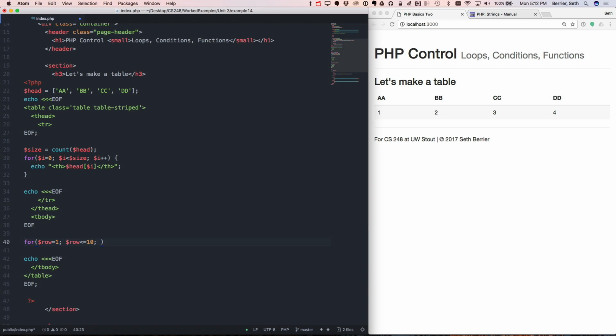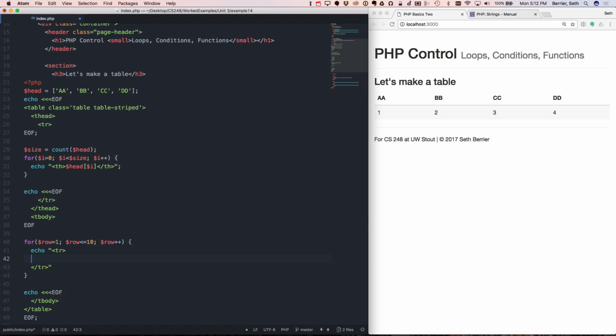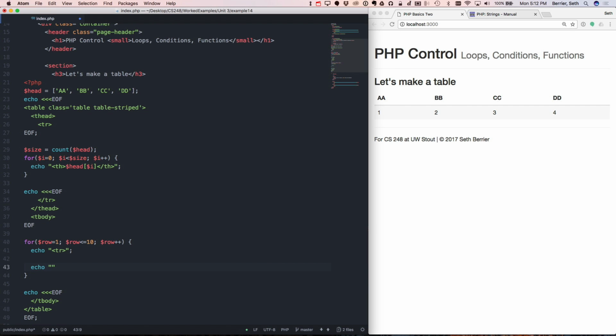So this is rows. Let's call them rows. And then $row plus plus. And then as we go through, we will echo a tr tag. I only need the opening tag for now. We will eventually echo out again the closing tr tag, but in between that, we need to create some data